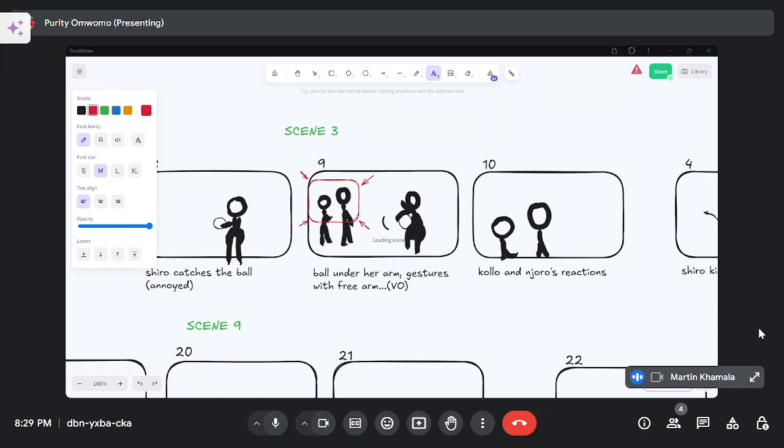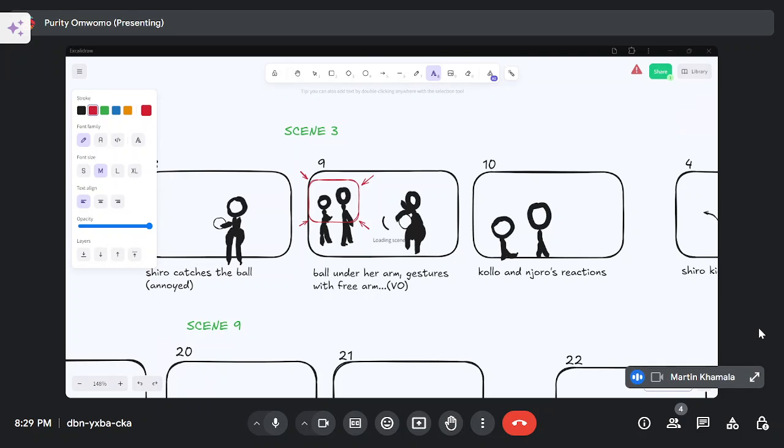All right, Purity. So far so good. But see what you're doing is creating opportunities for us to create exceptional animation moments. If you can say, here we can have anticipation, here we can have, let's say, follow through action. A follow through action is an action that reinforces an action.